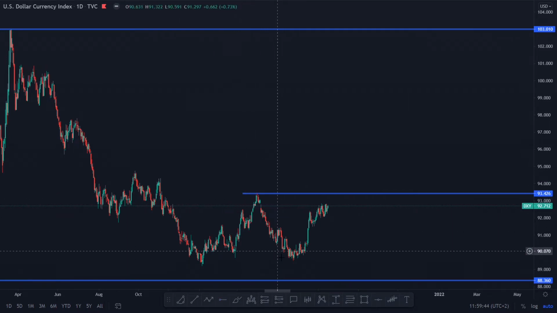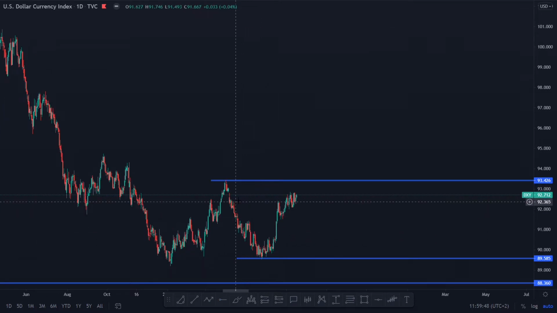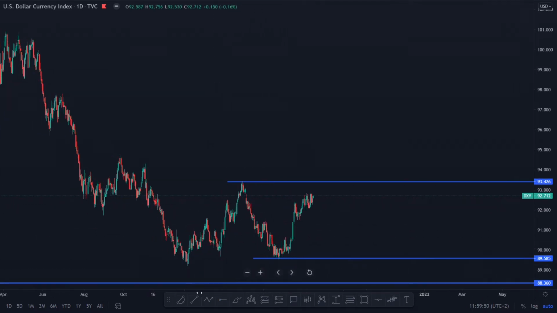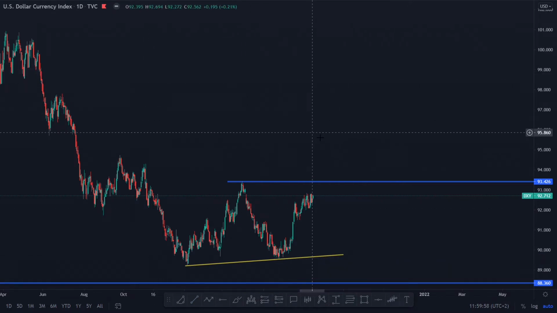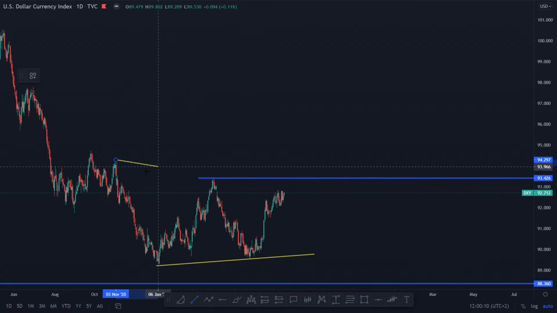Okay, so right now we're anticipating this market to actually get to this area over here, right? So this is where patterns start to come in. Now we see the whole thing as it is. So I can just connect these two lows like that and remove this low like that. So we can see the areas, but if we zoom in, we can see that this market is actually forming a chart pattern right here, right? So because it's forming a chart pattern right there, we're going to have our trend line connecting from that high,